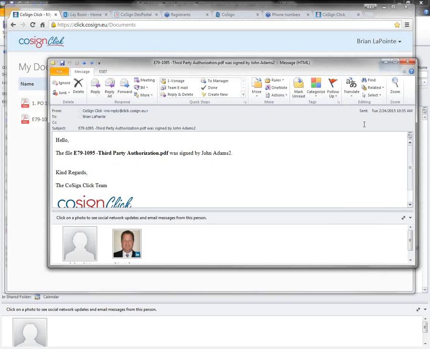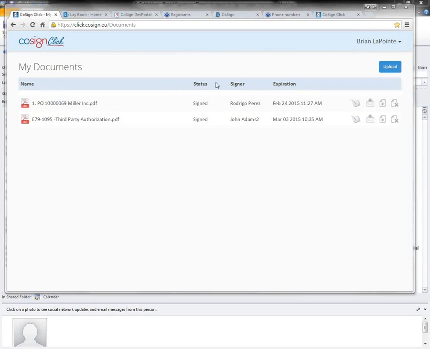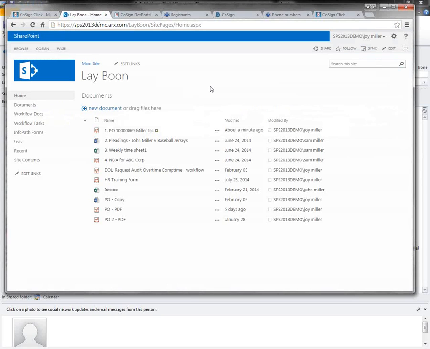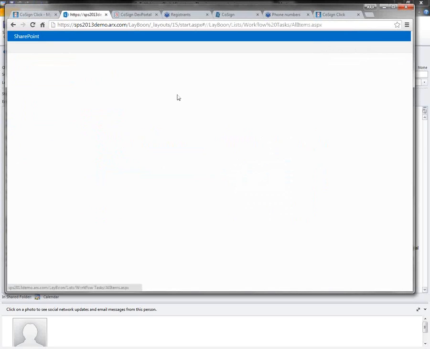Okay? So think of what I just did. I enrolled somebody. I uploaded a document. I enrolled an outside party. I collected this signature. I now have it back. The nice thing about the Cosign Click system is that there's also, in this demonstration, I'm going to show you what happens next, is that I have APIs that will export the document out of Cosign Click and put it into my ECM system of record, such as SharePoint. And then within SharePoint, conceptually think of it this way with whatever system you may be running, you collected the signature back, and now you want to route that document into your organization, maybe to collect some other signatures.